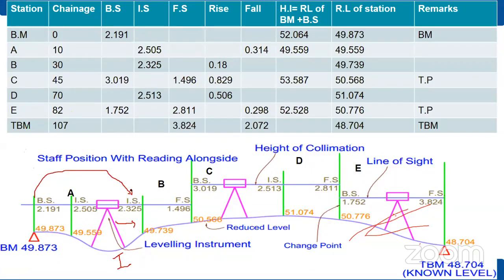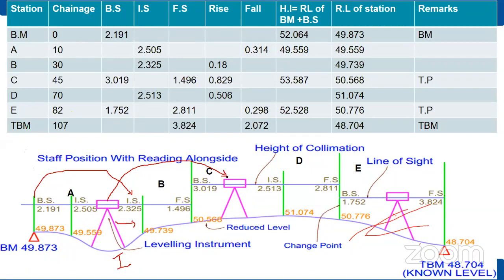Okay, then I am going to take the level 2 point again. This is 2.325. Then how much line of sight can I see with the same instrument position? Again, I have taken one more. After this one, I am not able to visualize anything, or I am not able to focus my crosshairs on the staff. Then what I am going to do is shift this instrument position.